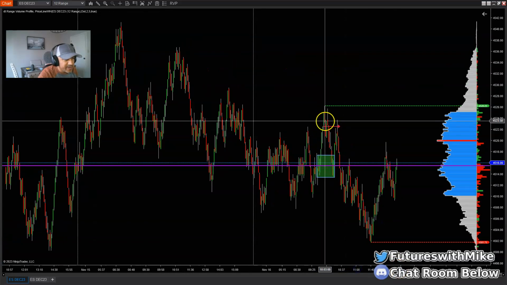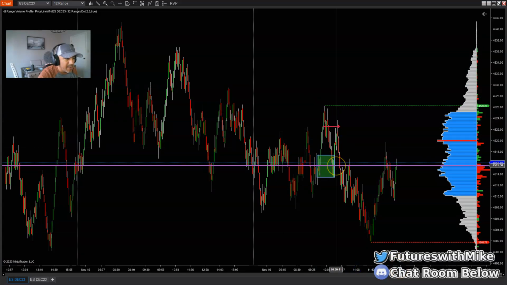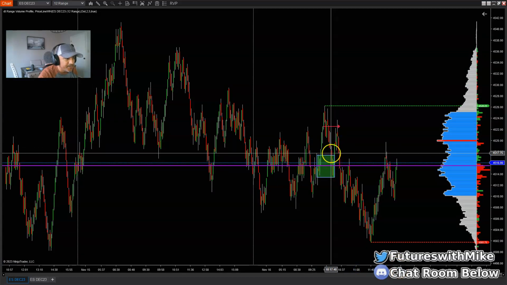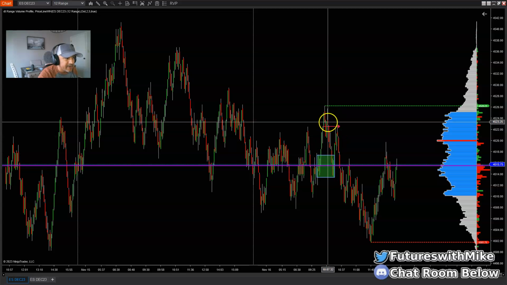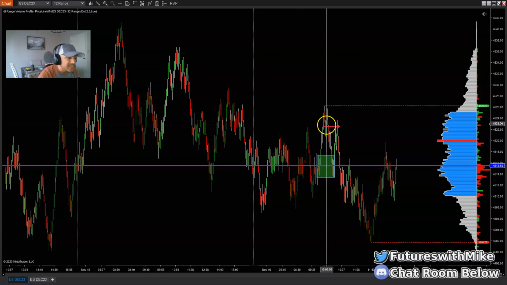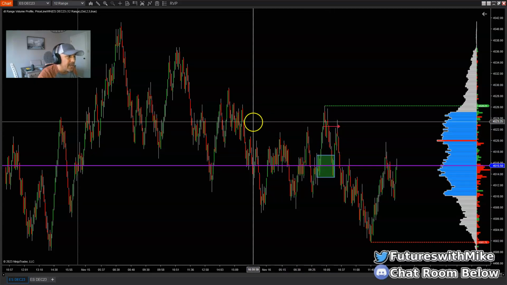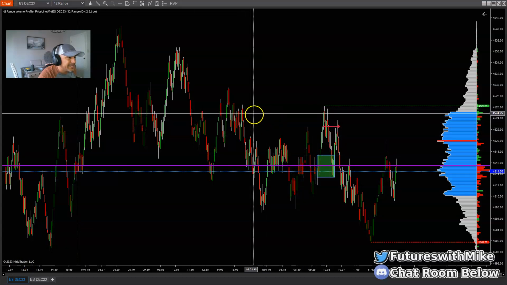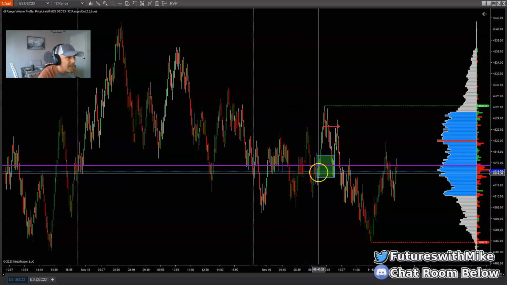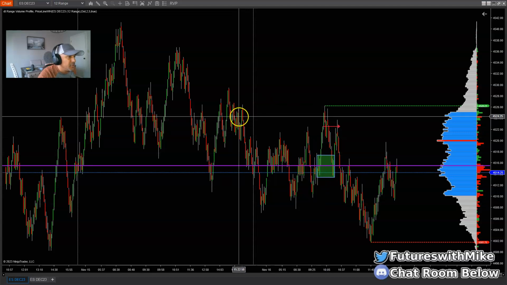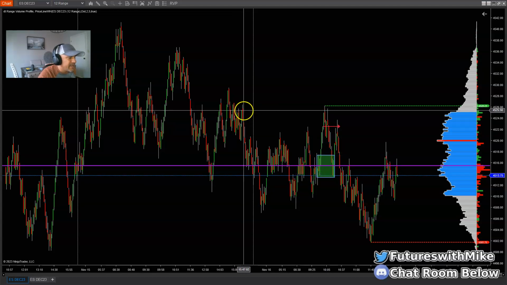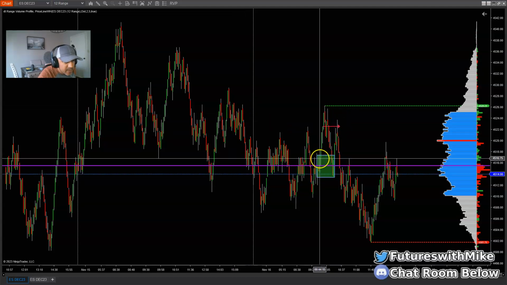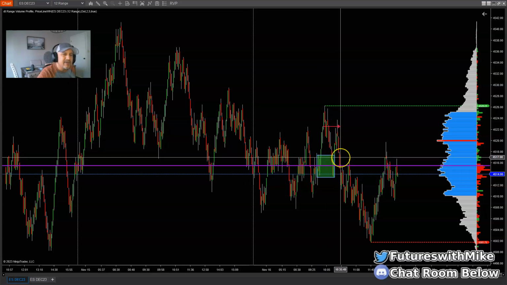Why is it resistance right here? Once the market pulls back, I'm aiming for this area right here. Why is this resistance? Because when the market moved originally, it pushed up and bumped into resistance right here. It didn't take out this area when it pushed up, pulled back, and pushed higher. It couldn't take out resistance in this area, but it pulls back and we have a demand zone right here, so I still have an opportunity to go long.